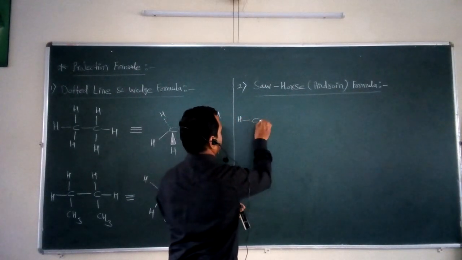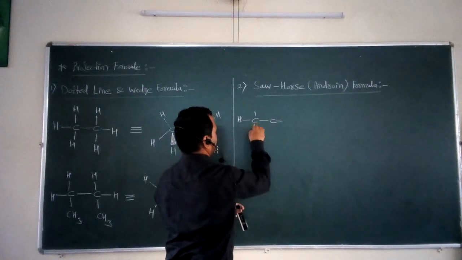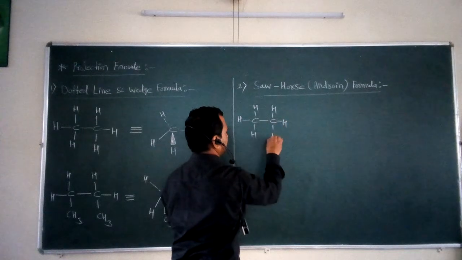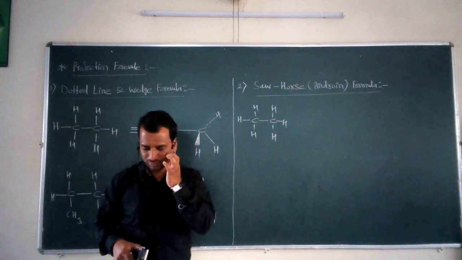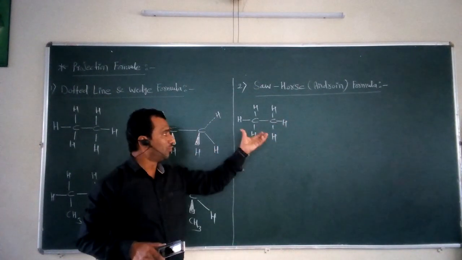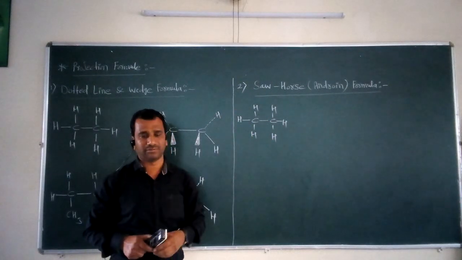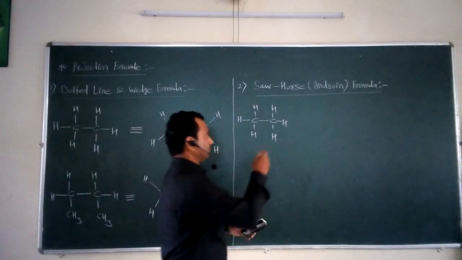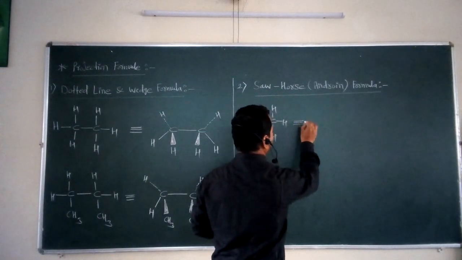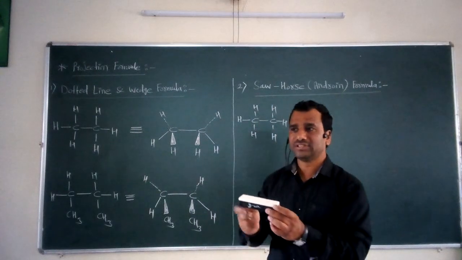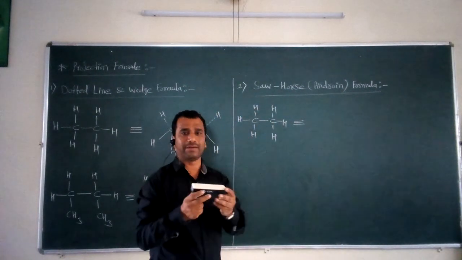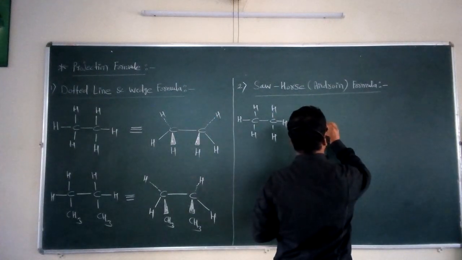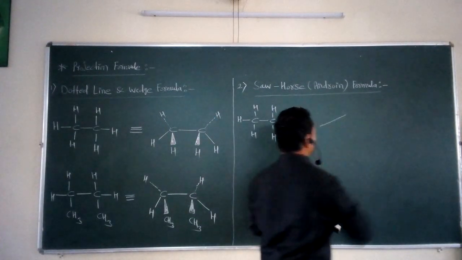H single bond C, hydrogen, this is a single bond hydrogen, single bond hydrogen. So this is the first important molecule for which we are going to study how to draw its Sawhorse formula, or it may be called the Newman formula. Before drawing this particular molecule, we have to consider that the bond between this carbon and carbon is to be elongated. That's how we consider here the elongated carbon single bond carbon.